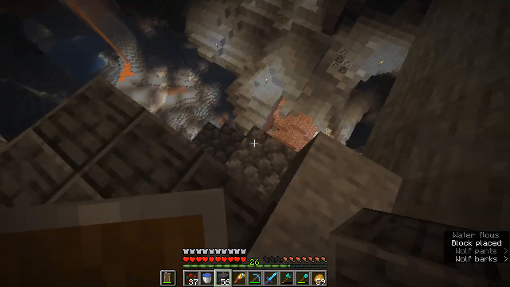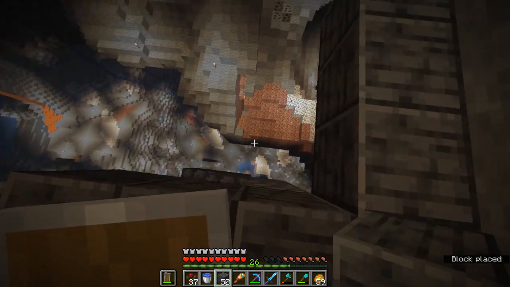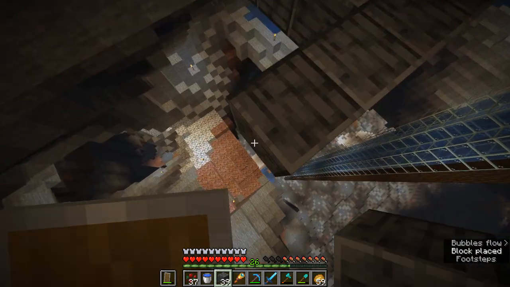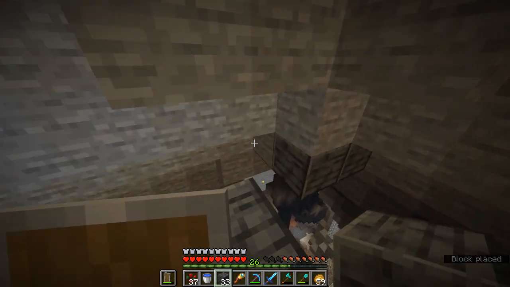Now this is a little risky because we're building over a giant cave. I think we will be able to water bucket clutch, but you never know. And then of course, as I say, let's be careful. I start speed bridging